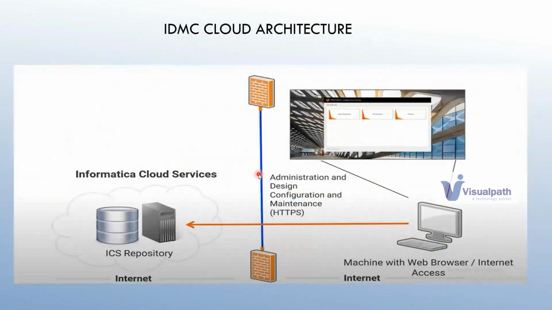To further explain this, you see a red firewall, a brick wall. Actually, you see there are bricks, which are a kind of interface or blocking mechanism that ensures your repository is only taking the metadata from your secure agent. When you run a job, it's not actually storing the data. It doesn't store the actual data, it only stores the metadata. So you have an interface, you have a machine with browser access, and you perform this and you store your metadata into your ICS repository. Okay,